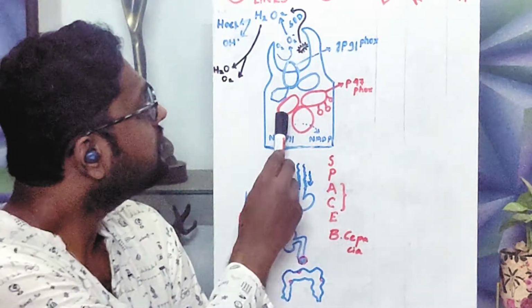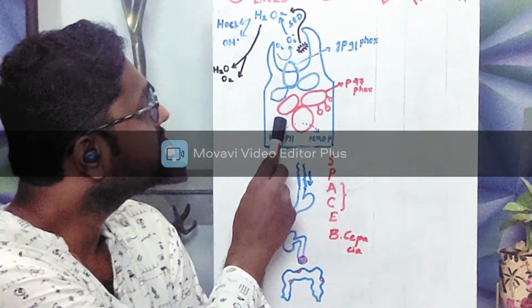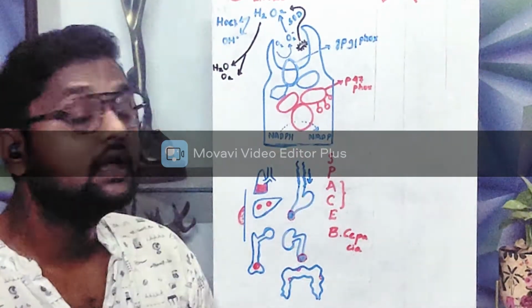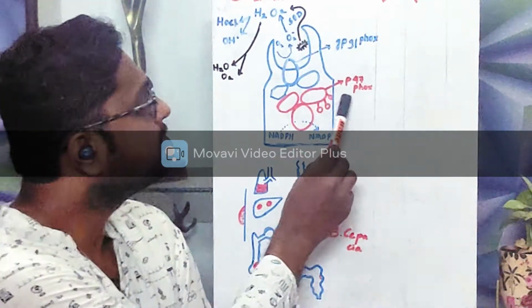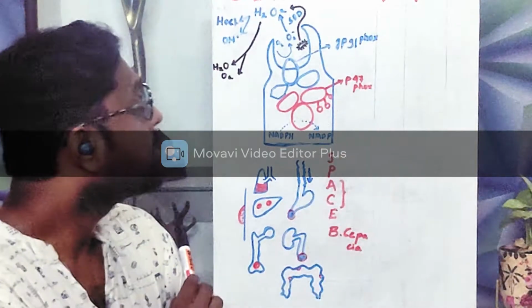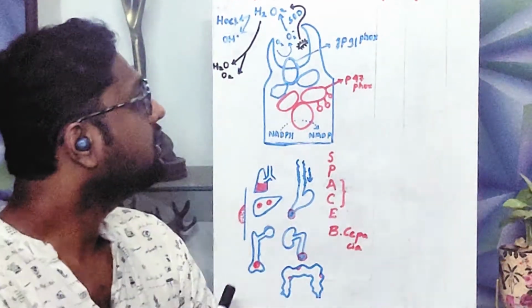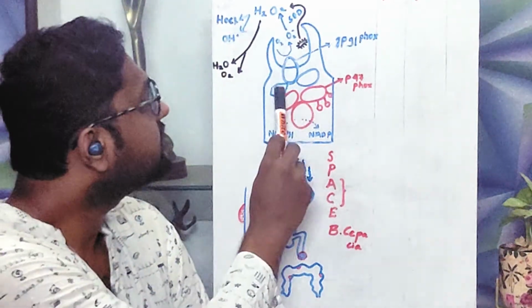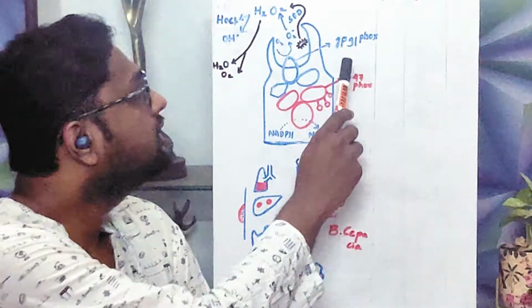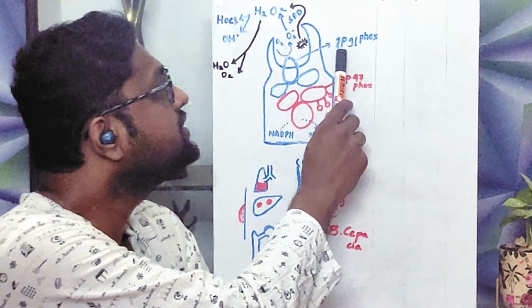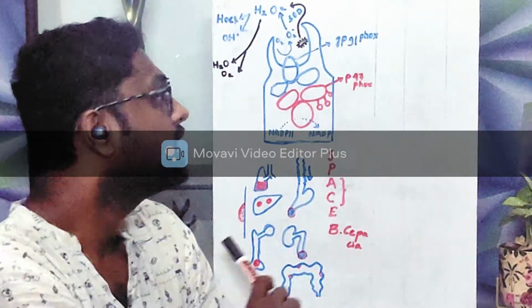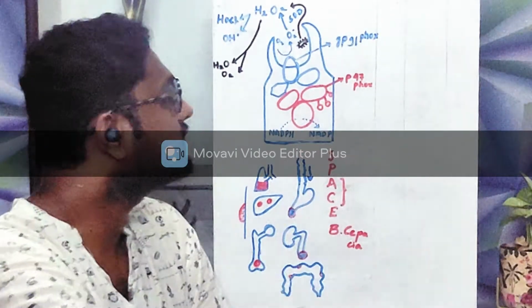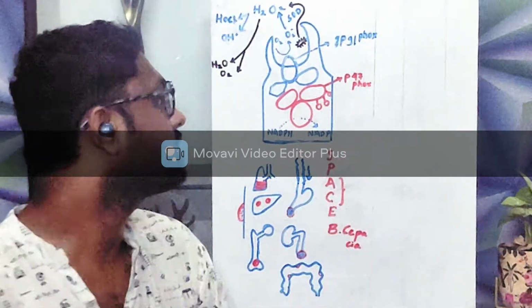Now, there is something known as the NADPH oxidase complex, which has these three parts shown in red, and one of the components is P47-phox. And the other component is the flavocytochrome complex, which has three parts, and the most important part is GP91-phox. I want you to remember these two names, GP91-phox and P47-phox.